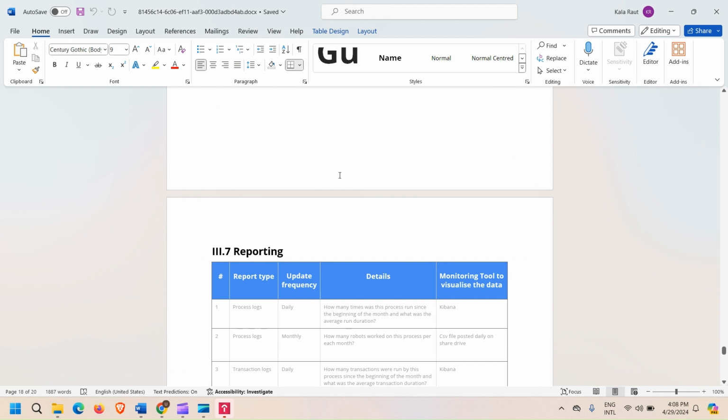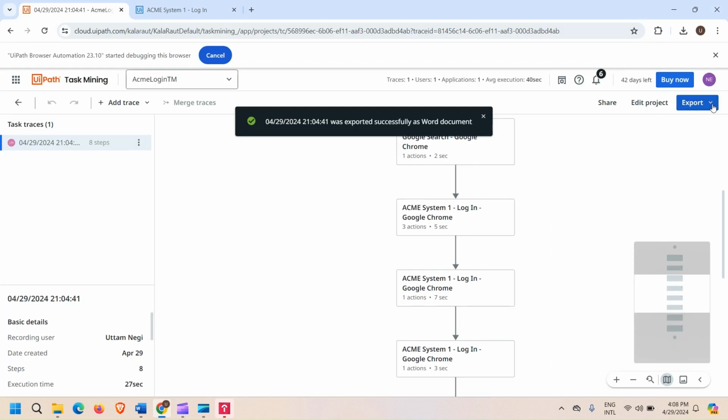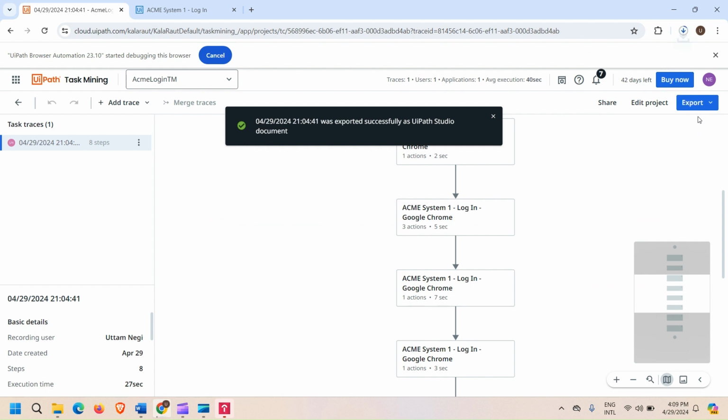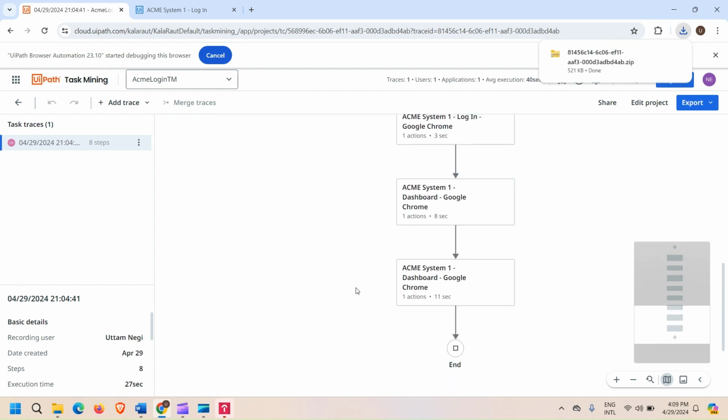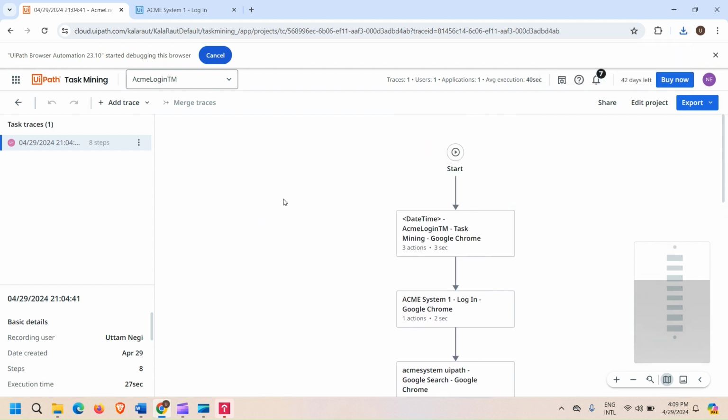Once this is done, we can straight away start our automation using UiPath, or we can ask for approval or other things. Other things we can do is download it as a YAML that UiPath Studio can open, and all those things can be done over here. So that is basically Task Mining. It's an advanced version of Task Capture, I can say, but it has different things that are still